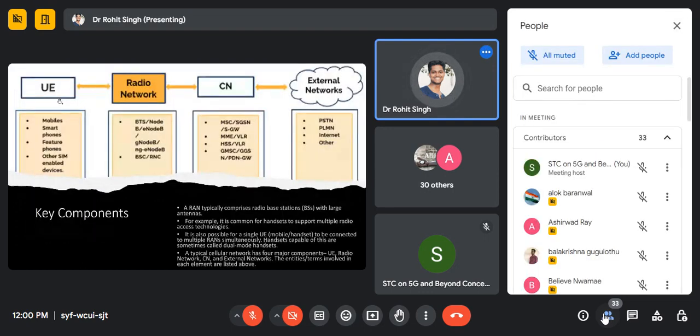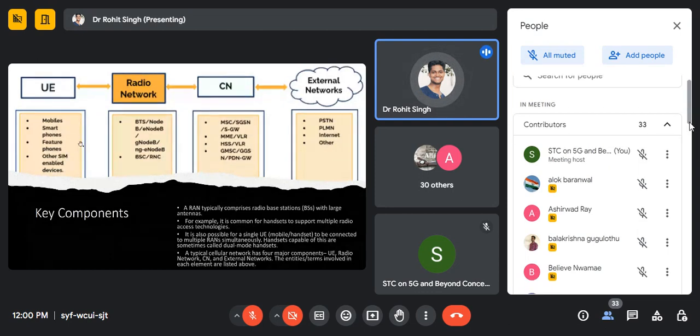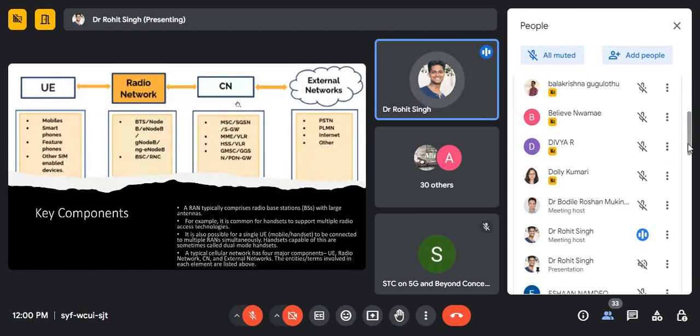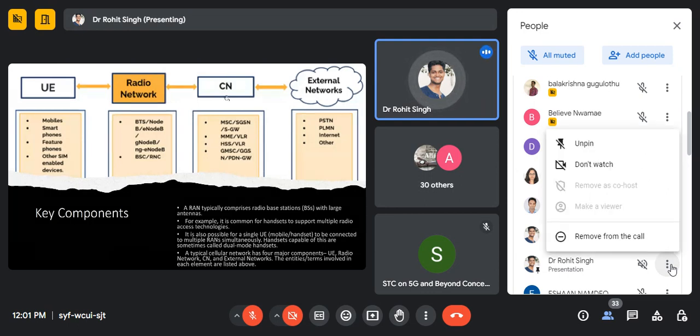So, what does it consist of? A user equipment can be a mobile, smartphone, tablet, your laptop, anything. Core network is a server which consists of all the information which is being requested. For example, as I gave as an example, to access a video at the YouTube server, you can request your radio network. Radio network will connect you to the core network, which is the YouTube server in this case. And the radio access network covers